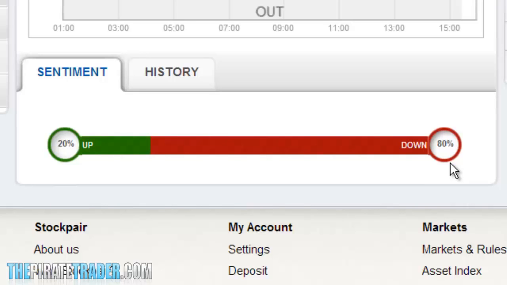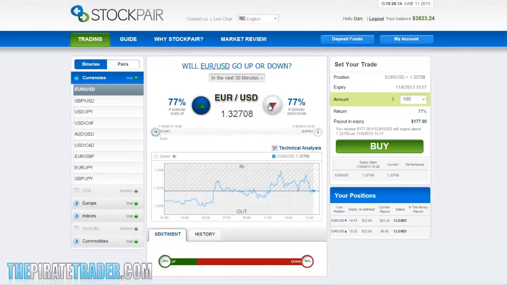Now, it is true, the traders could be wrong, but even if you lose a trade here and there, you can still recoup your investment on the next trade. Remember, try to keep the global picture in perspective. Okay, now let's focus back to our trade. Let's click on the Down Put button,